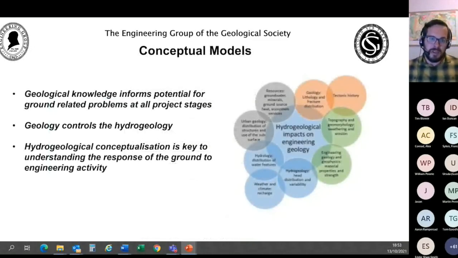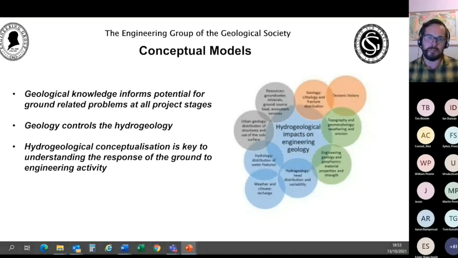So geology, as I'm sure we're all aware, informs the potential for ground-related problems at all stages of projects. By all stages, I mean from site or route selection through outline design, detailed design, construction and operation of an engineering project or scheme. Geological information is routinely appraised to inform the engineering decision-making, but hydrogeology is not always appropriately considered. And this publication aims to address some of the commonly overlooked or misrepresented aspects of site conceptualization, specifically in